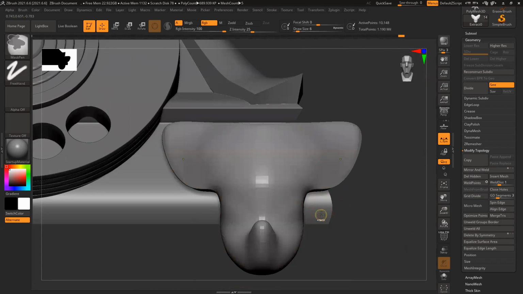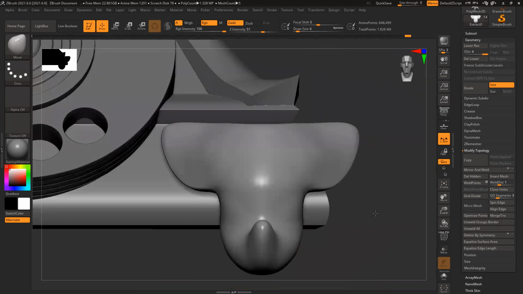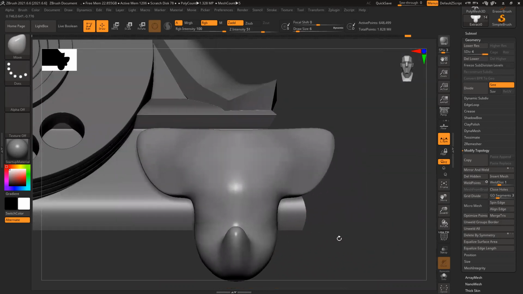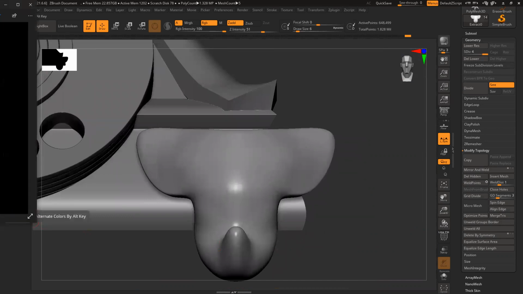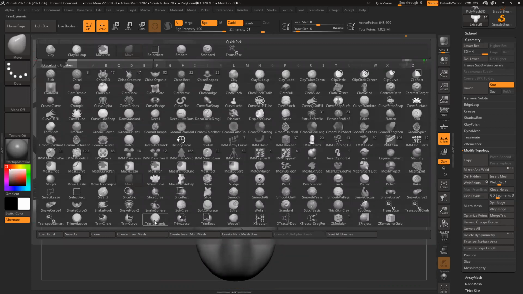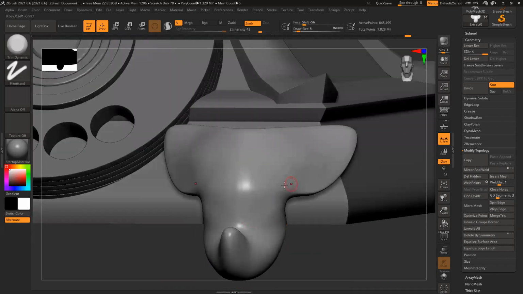I want to create all this detail. Control D, D, D, a couple of times, increase the polygon count decently. So that you can add all the details. So first I'll create the basic shape. So here I can see I have two lines here and there, plus the sides are slightly flattish. So I'll use Trim Dynamic. You can use flatten, you could use edge polish, or you can use trim dynamic. All do almost the same thing. Personally, I prefer this brush because I have better control over it.